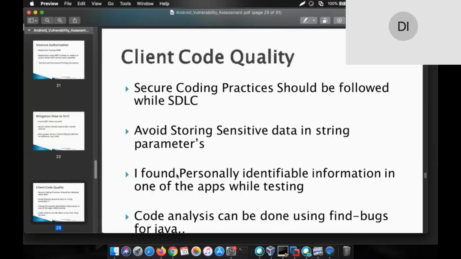The stored information should not be hard coded or in plain text. It should be encrypted and used in a proper way so that it does not get into the hands of malicious hackers. Further, you can analyze your code using source code reviews. You can use FindBugs for Java, and there are other tools like Checkmarx.